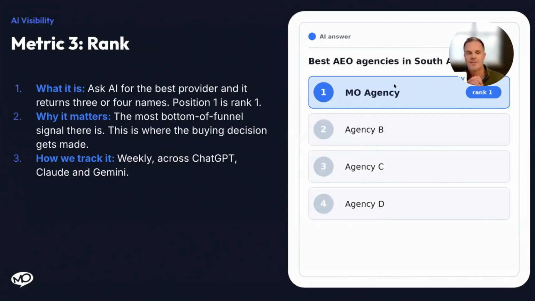Metric 3, rank. We've discussed this, but I just want to reiterate things, because these are core concepts that we have to dial in to understand how the whole thing works. What is it? Ask AI for the best provider and it returns 3 or 4 names. Position 1 is rank 1. Why it matters: the most bottom of funnel signal there is. This is where the buying decision gets made, or at least the buying decision to select Agency A,